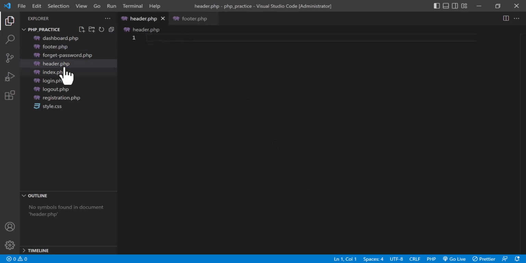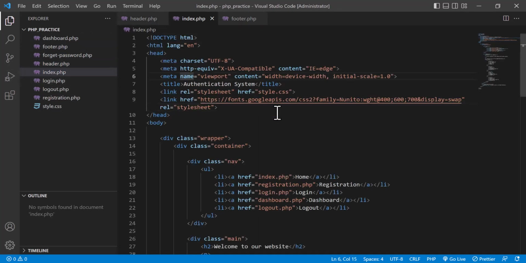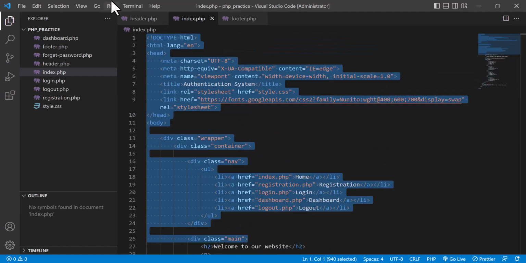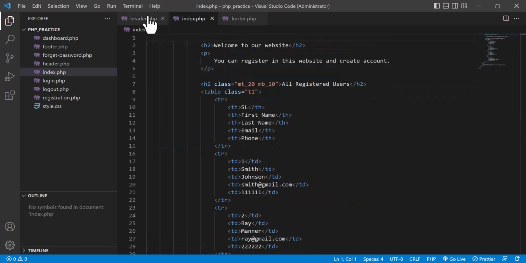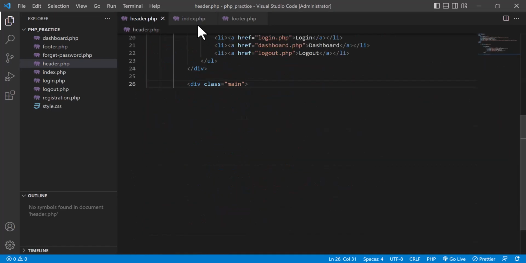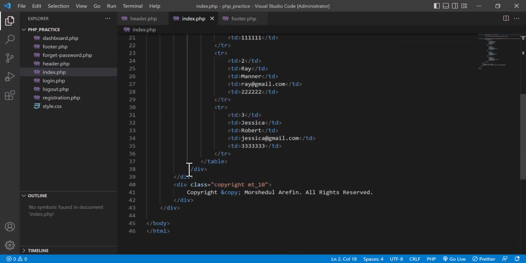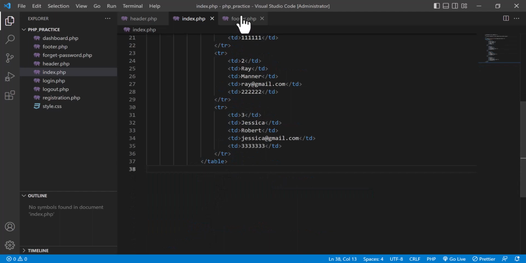So this is the header.php. I am going to work from the index first. You see that up to the main, I am going to cut it and take it into my header.php file. And in the index, all the contents are here. So from here I am going to cut it and put it into my